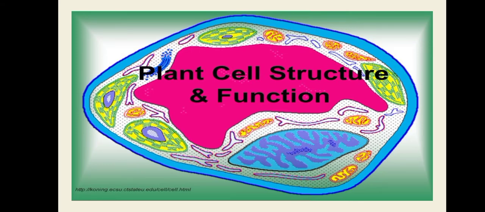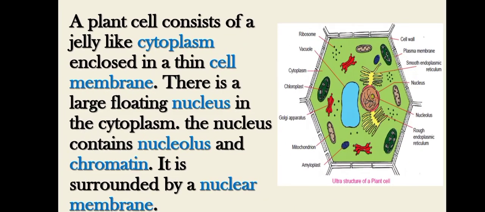After the animal cell, now we will discuss the structure of the plant cell. We have just studied that the main parts of an animal cell are cell membrane, cytoplasm, nucleus and mitochondria. All these parts are also present in plant cell. In addition to this, the plant cells have three more parts in them. These are cell wall, chloroplast and large vacuoles.